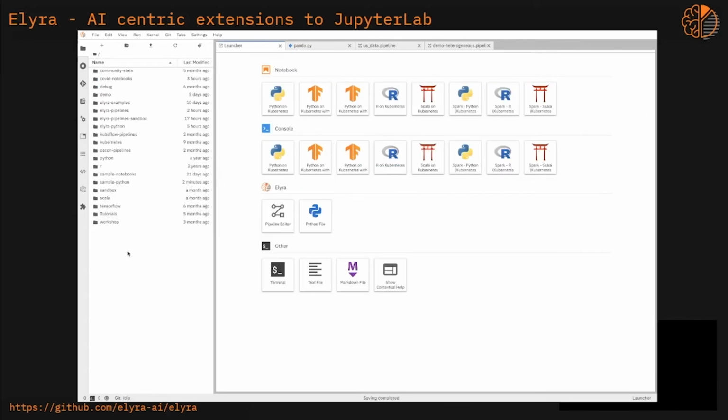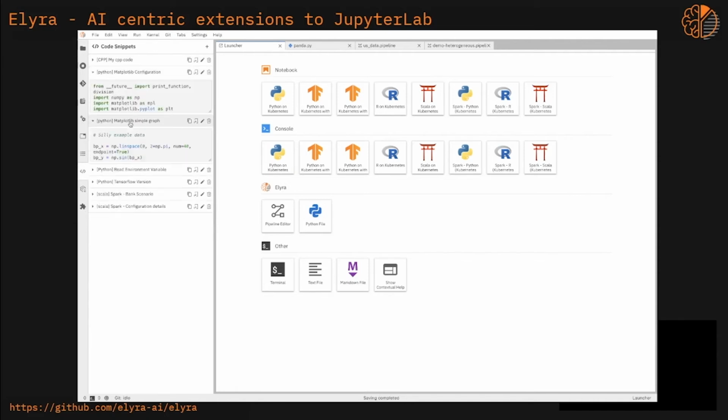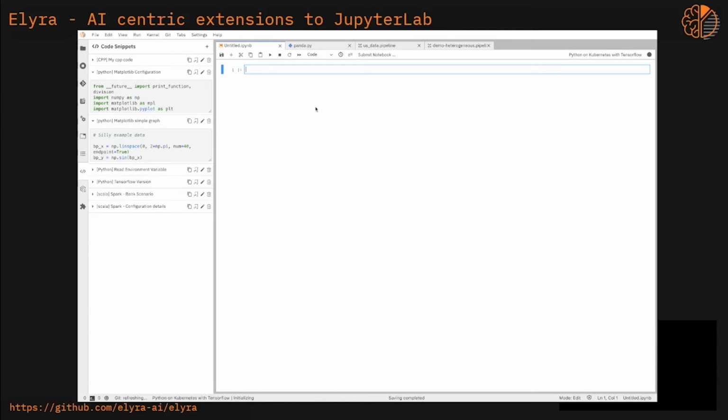Elyra also recently announced a Code Snippet extension that allows users to add custom pieces of code that can then be reused, making programming in JupyterLab more efficient and reducing repetitive work. Let's take a quick look at how to use this. Let me create a new notebook. I have here some